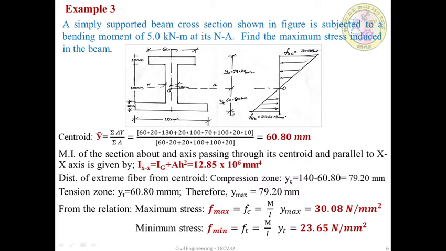Once you draw the stress distribution diagram, after substituting the values for the stresses in the compression zone at the top layer and the stresses in the bottom layer, the tension zone, you draw a linear straight line. At one point the stress is 0, and it is always about the neutral axis. About the neutral axis, the bending stress is 0. Moving away from the neutral axis, it is maximum in the extreme fibers.